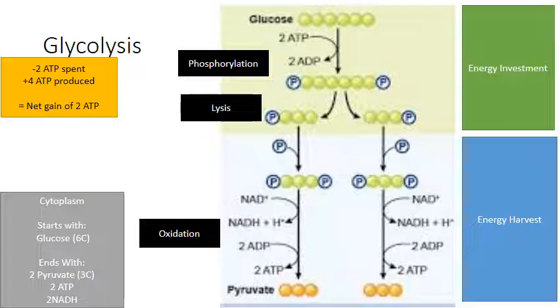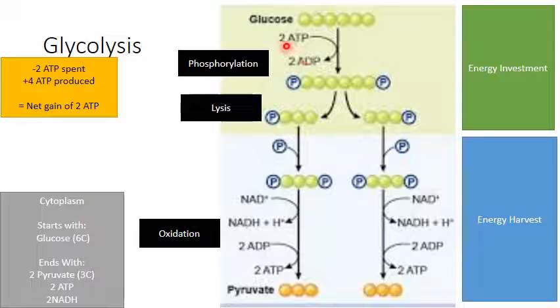For glycolysis, again, we are in the cytoplasm, and we are going to start out with a 6-carbon glucose molecule. So we're going to abbreviate that as 6 circles drawn together, and we're not going to bother with the oxygens and the hydrogens because it's all about the carbons. All right, well, to get glycolysis started, we're going to have to invest some energy,